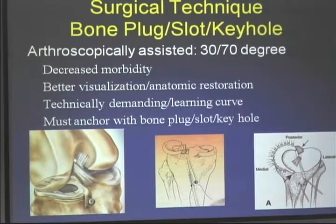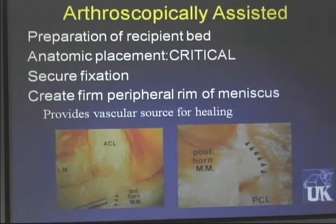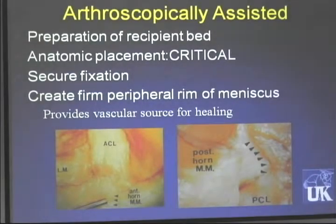It is technically demanding, and you just have to pick how you're going to do this, whether it be drills with bone plugs or a slot technique. As I mentioned, it is an arthroscopically assisted technique. I think what we've learned in shoulder surgery, and recently with a renewed focus on ACL surgery,